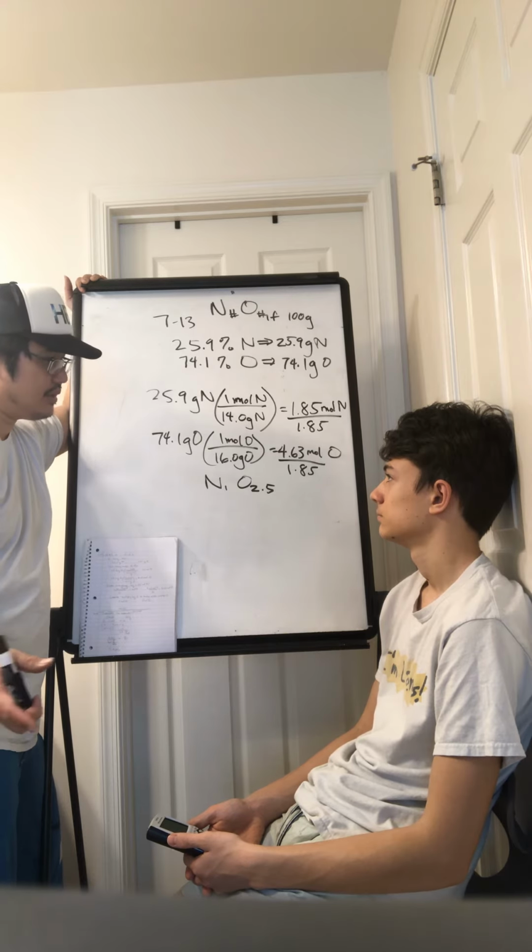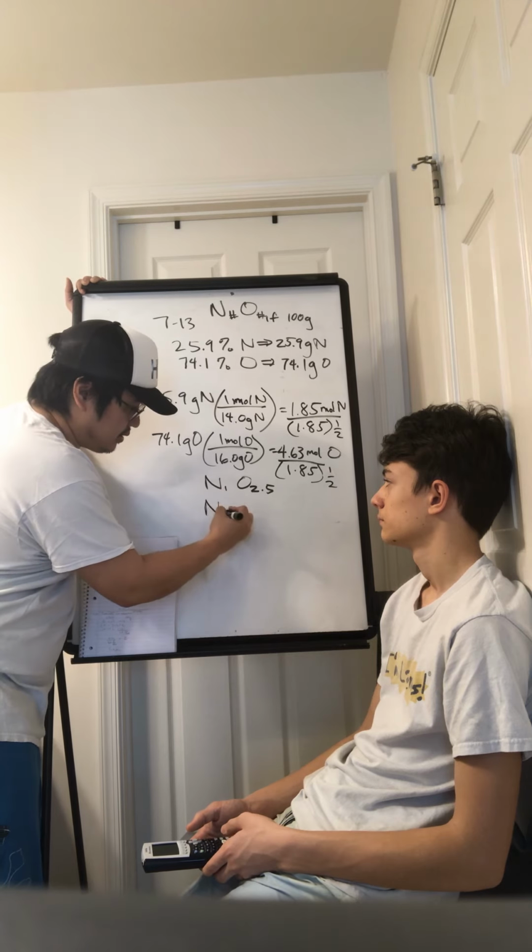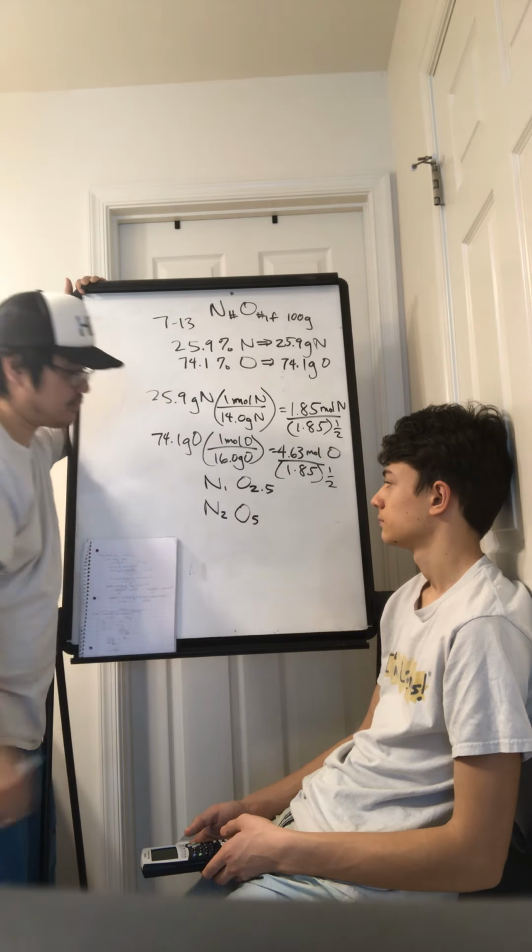But what you can do is say, okay, well, what if I did this? What if I multiply the whole darn thing by 2? Or maybe better yet, I did this by 2, and this is by 2. Or no, I'm sorry, 1/2. Because that would end up multiplying this by 2, 1/2. And the reason I'm doing that is because 2.5 can be a whole number if I just multiply it by a simple factor of 2. It becomes 5. Cool? So this would become N2O5. Now this is the empirical formula,